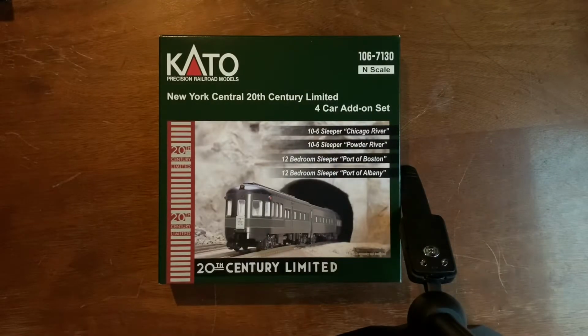All right, now I'll show you the 4-car add-on set. I'm going in reverse order in terms of the set pieces. I'm going first with the 2-piece locomotive, now the 4-car add-on set, and then I'm going to finish it out with the big main 9-piece set. But first up,